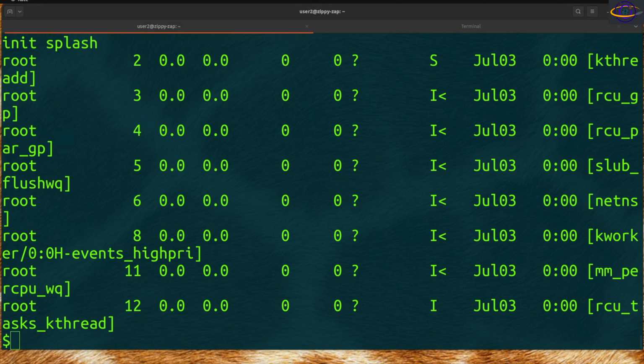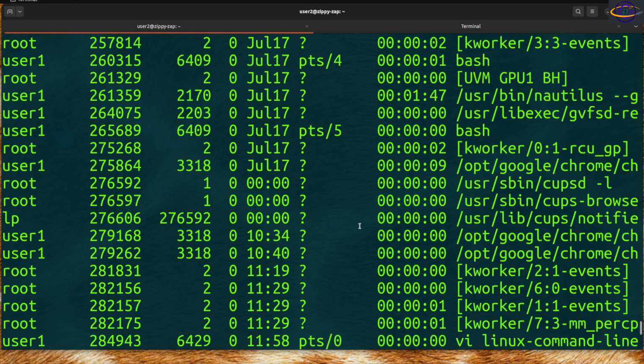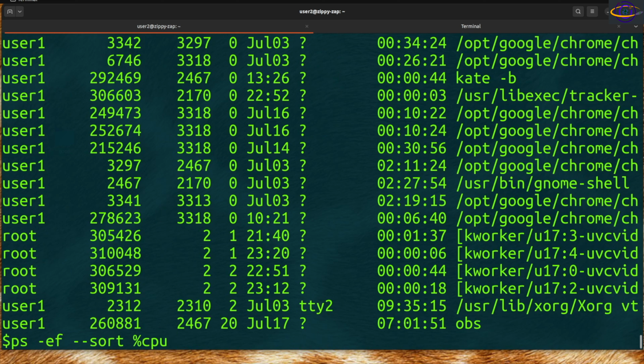In any case, another thing you could do is ps -ef, and you could say dash. This is pretty important to know, getting a little bit elaborate, but --sort=-%cpu. So you can sort by CPU, so you can see what is eating up most of your CPU usage. And you can also sort by